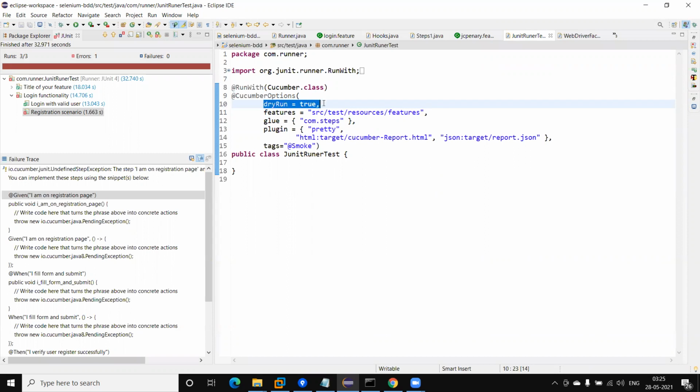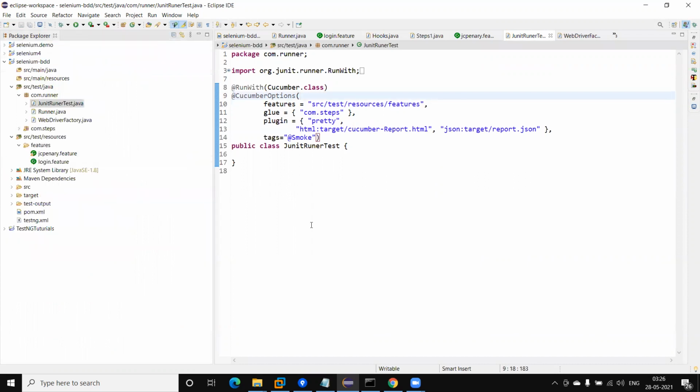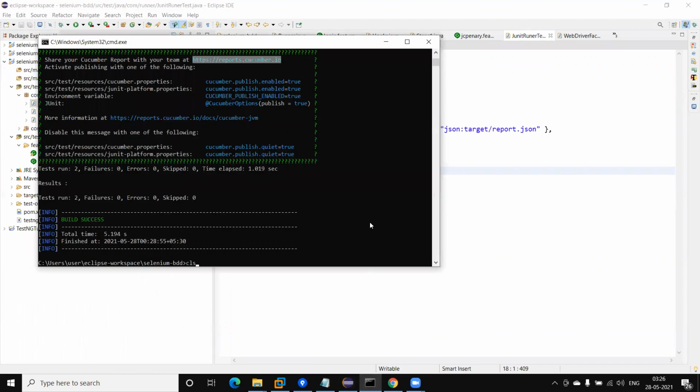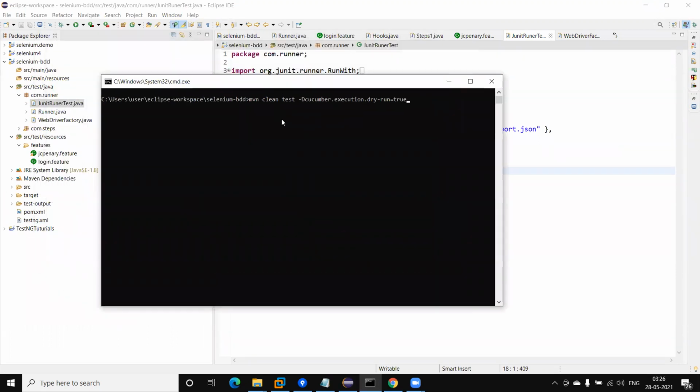Now let me show how we pass this value from the command line, how we execute the test using the dry run from the command line. So this is the console. If we want to run the Maven test from the command line, as we discussed in the last tutorial, we can use mvn clean test. This will run the corresponding feature file, and we can also pass the tag name.